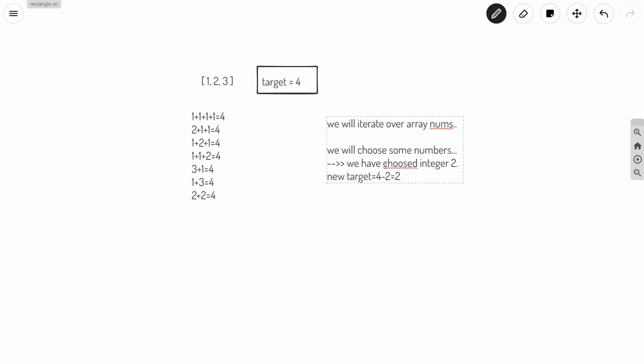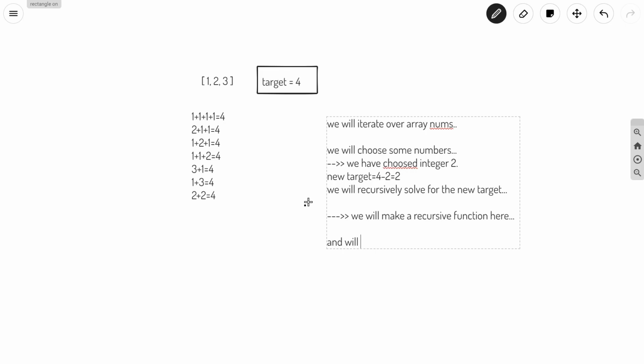Then we will recursively solve for this new target. So we will make a recursive function and solve for the target.